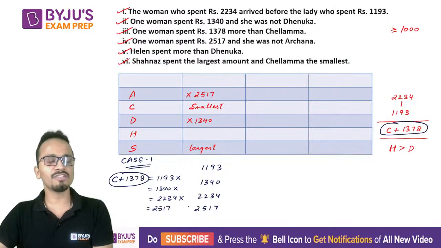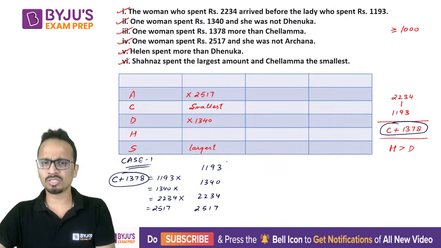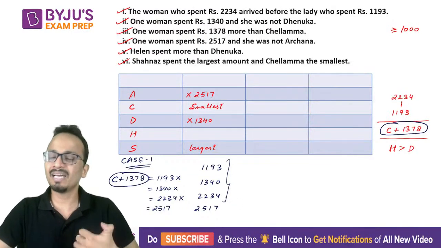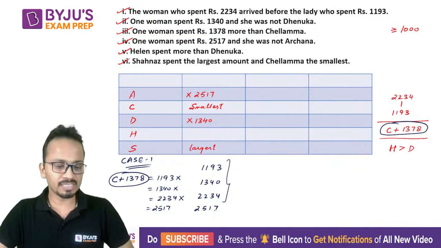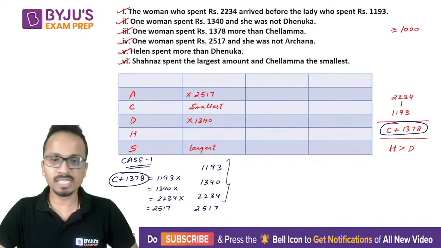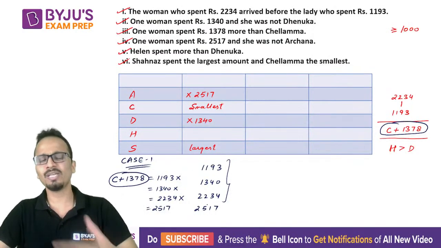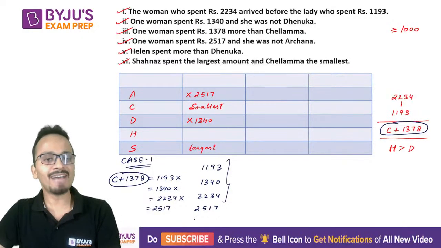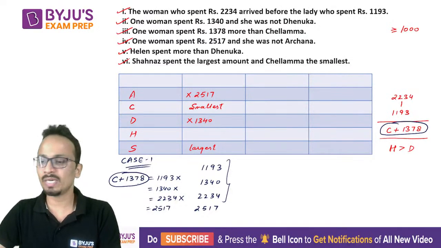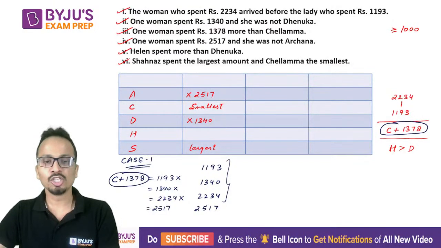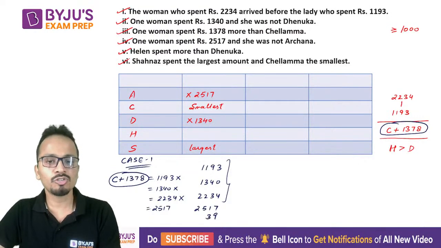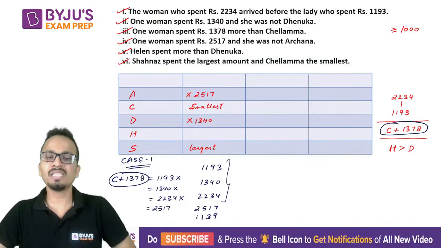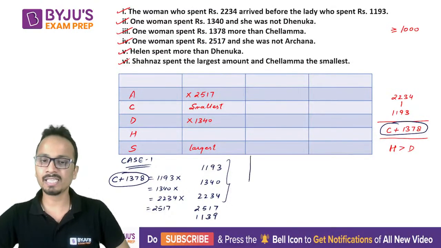Okay, so I have just checked all the values one by one. These three values could not give me a valid number for C. If I equate C plus 1378 as 2517, this value has given. Okay Malvika, I'll put the values later on. So let us check these two cases. So what will the value of C be? 2517 minus 1378. All right. So how much will that value come? This will be equal to, let's do the subtraction, 1139. So 1139 will be the fifth value. So this is case number 1.